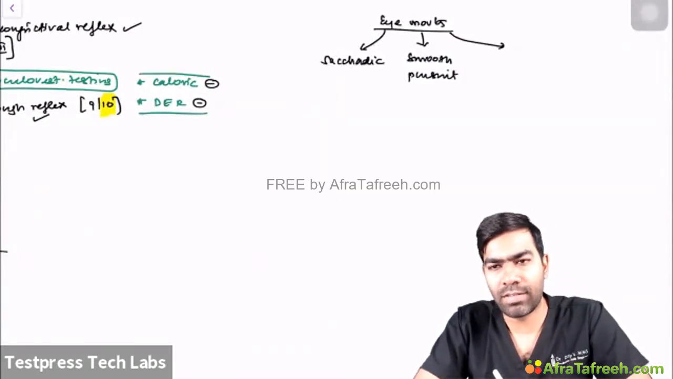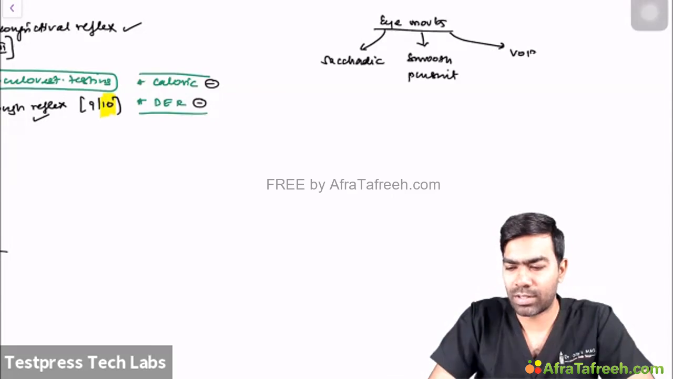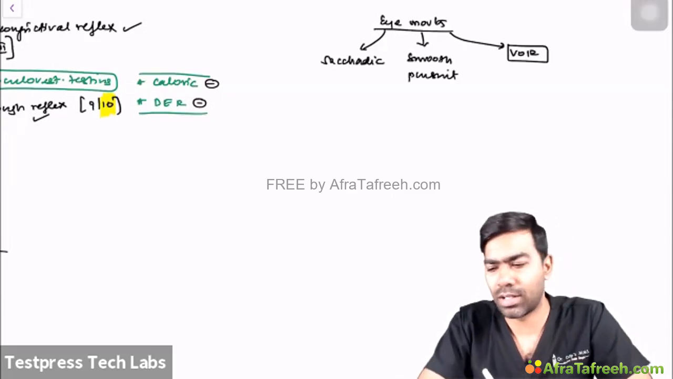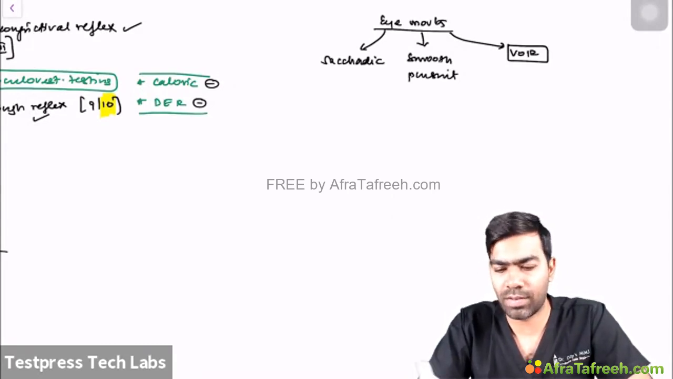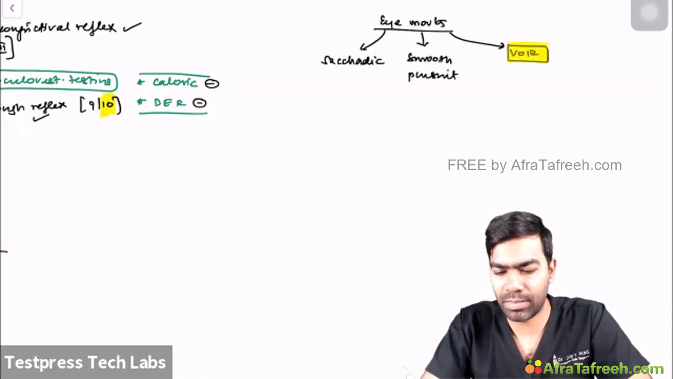Then we have the final one, that is the vestibulo-ocular reflex. These are oculovestibular movements, or we call it the vestibulo-ocular reflex. So why do we need this vestibulo-ocular reflex? I mean, you really need it. Why? Because